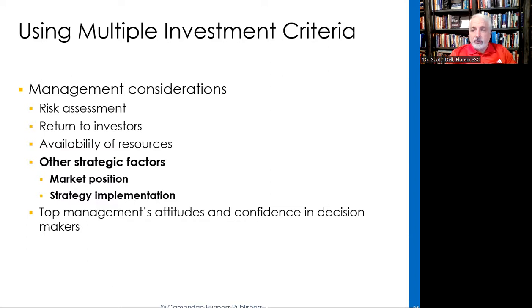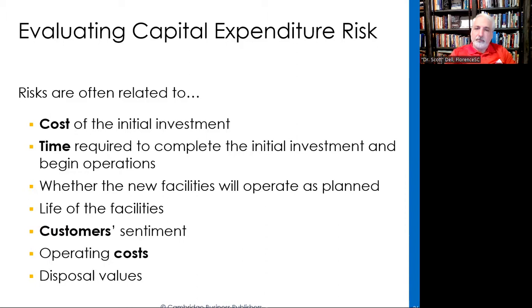Do we have available resources? Maybe we have a fixed sum of dollars and we have four or five options, and we're trying to decide which ones are the best bet and which ones are the most accurate and best predictor. Other strategic factors might fit our market position. Will it help us complement other products, or would it cannibalize other products? What are our strategies and how are we going to implement? And then what does top management feel about these projects, how confident are they, and how much effort are they willing to back emotionally and physically to make it work?